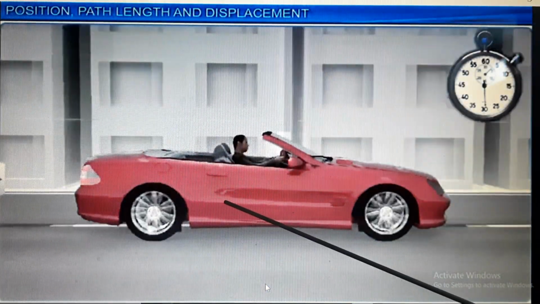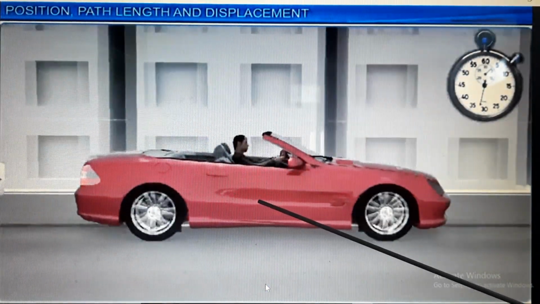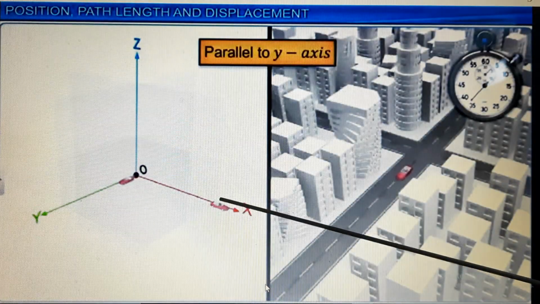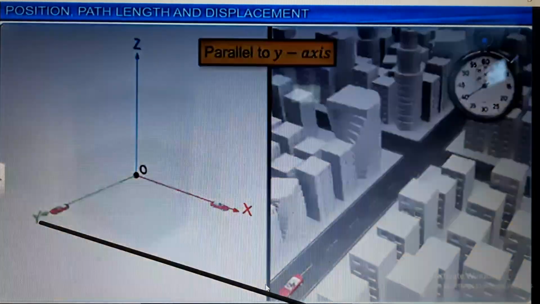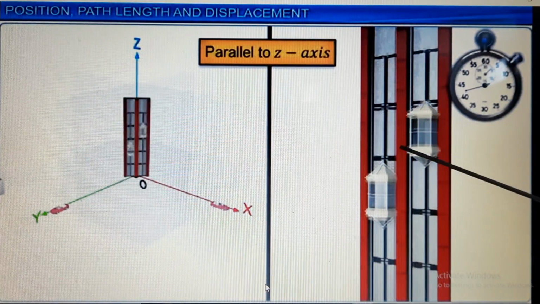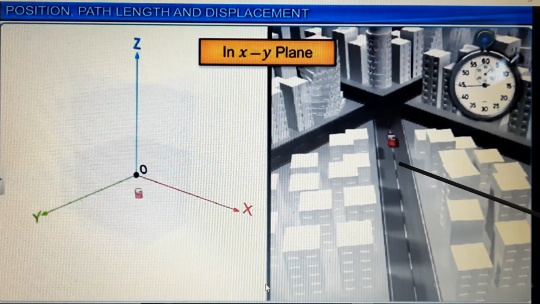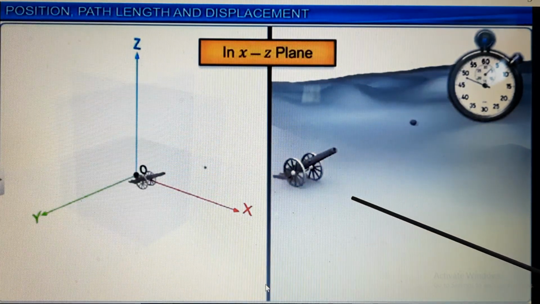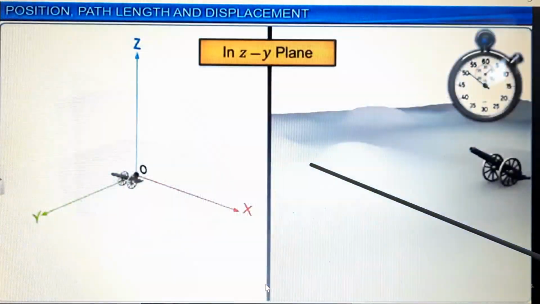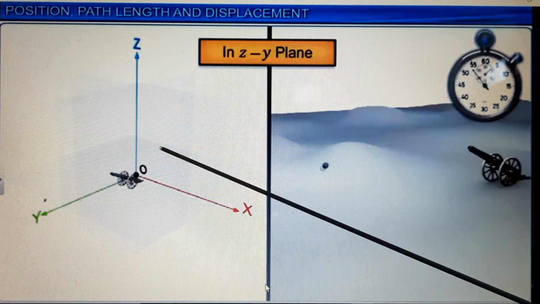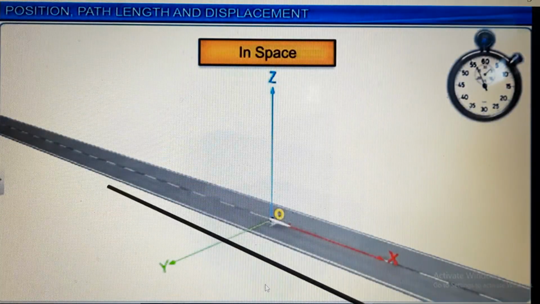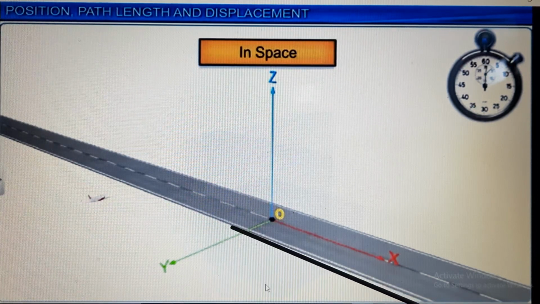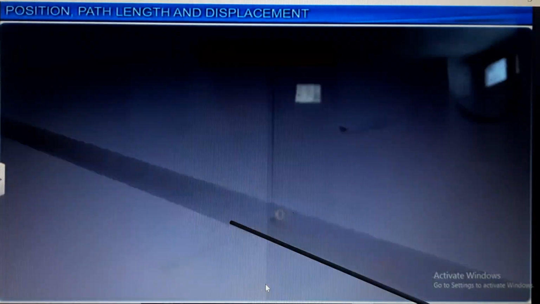Look here, now we have one car, it is moved in the x direction. Suppose this is the x direction. Look here, it is moving in the y direction, and a lift is moved in the z direction. Otherwise, look here, this is the minus z direction. Here one bomb is moved in the x and z plane, otherwise the z and y plane, and this plane is moved in any three directions, means x, y and z.